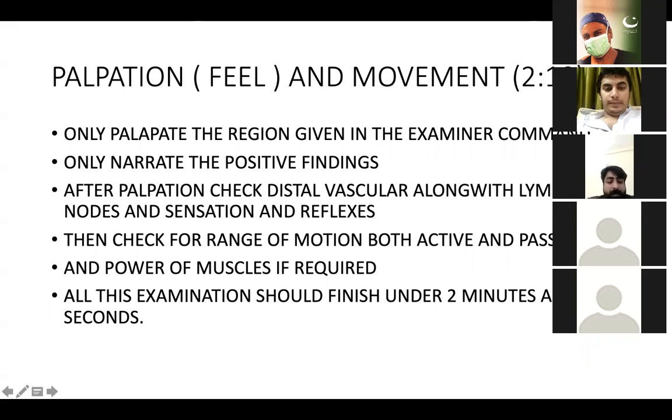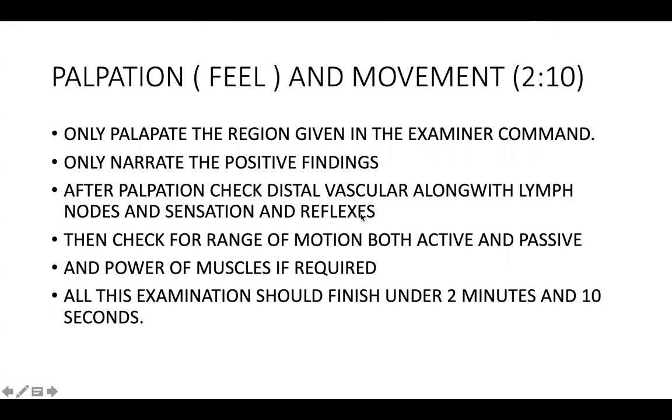So moving forwards, then you have to check for the range of motion, first check for the passive range of motion and then the active if required. Otherwise, you can skip the range of motion step, because for some of the joints, the range of motion can easily be tested when you have asked the patient to walk away from you, come back, sit and stand. Most range of motions can be assessed over that time, and you can tell the examiner, I have asked the patient to sit and stand and he has no problem in sitting and standing. So the range of motion is comparable on both sides at the knee joint.